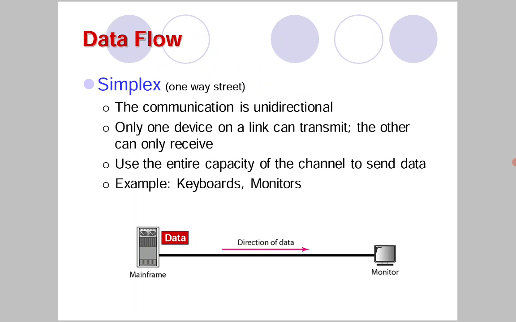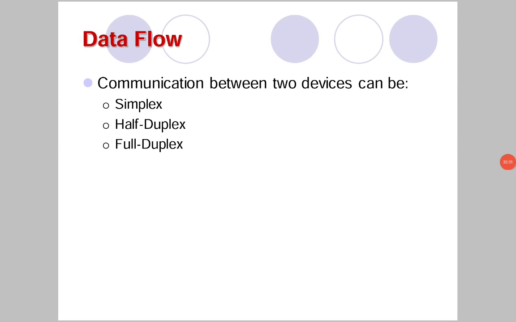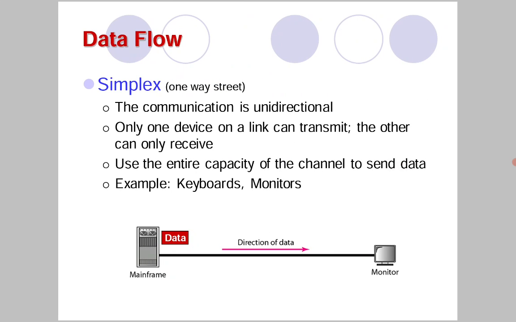So what is the simplex mode of data transmission? These are the different types of data transmission modes or transmission mechanisms. First one is simplex, second one is half duplex, and third one is full duplex. So simplex means light